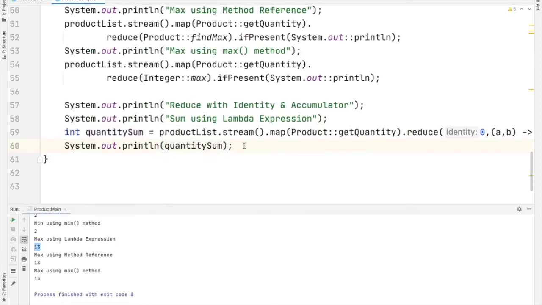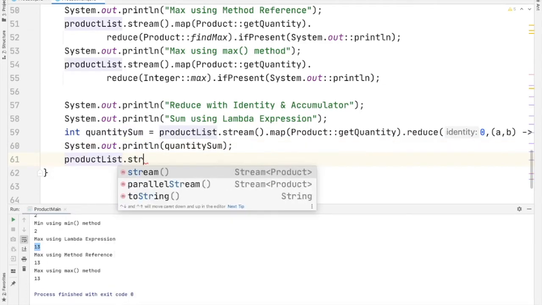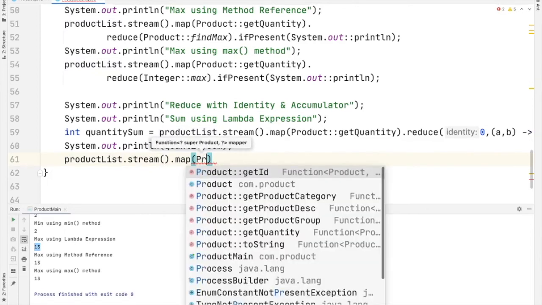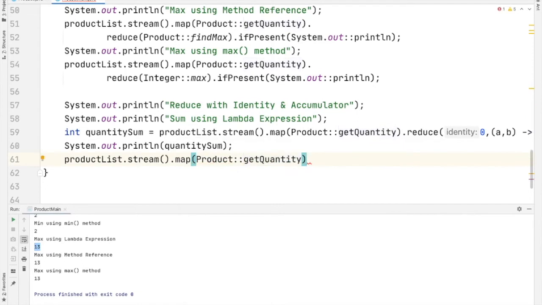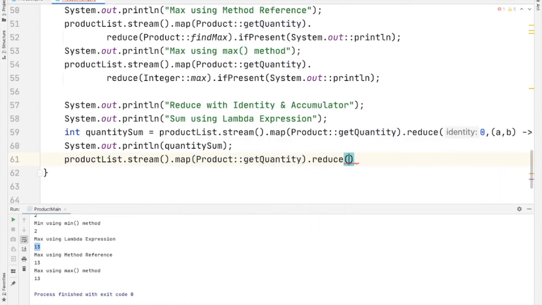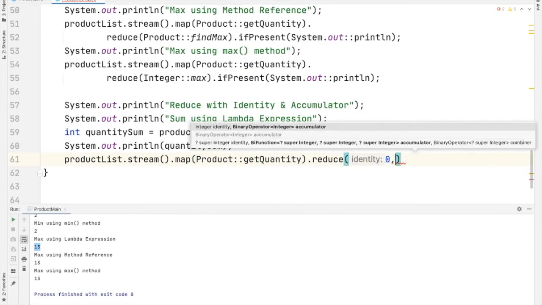Next we will see using method reference. Product list dot stream dot map of product get quantity dot reduce of. As we know, our start value is 0 here and we have to provide the method reference.